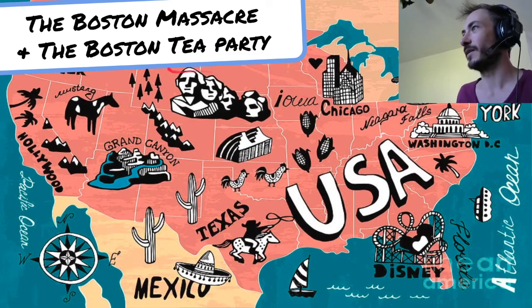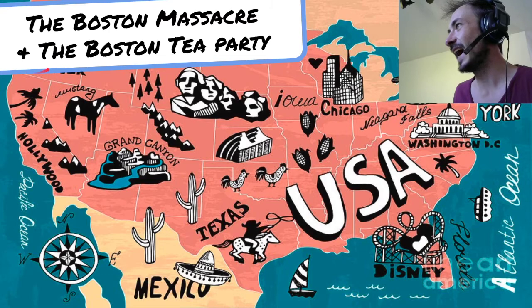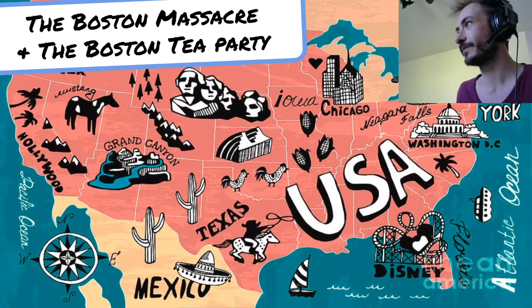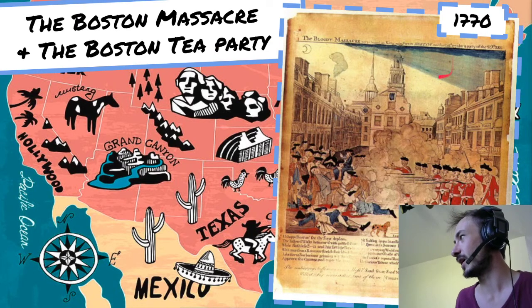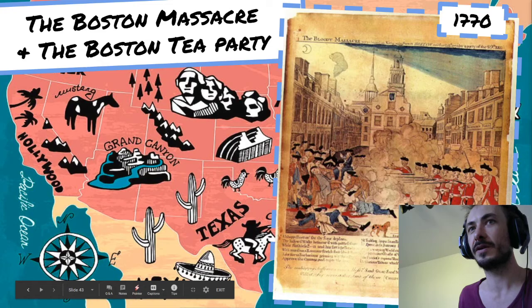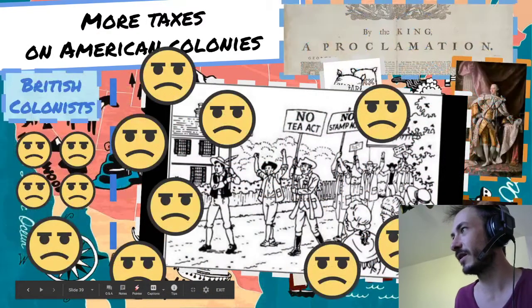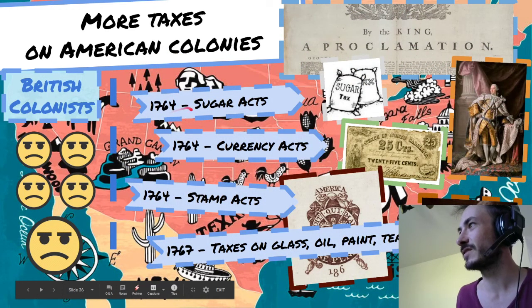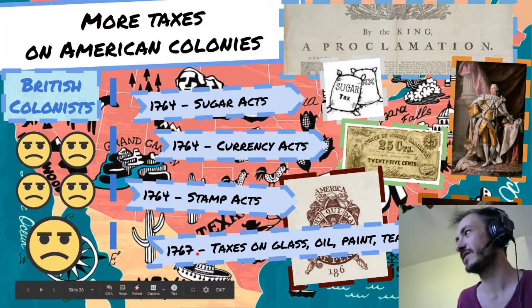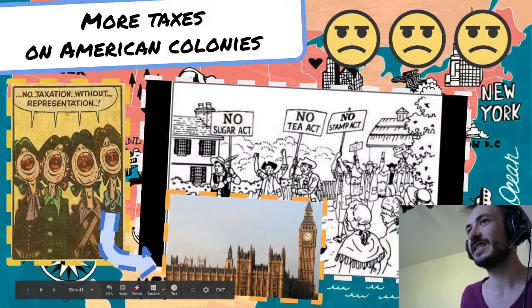And this is the last part now for today: the Boston Massacre and the Boston Tea Party. So the Boston Massacre, this was in 1770. On the previous slide, we saw that there was taxation in '64, '64, '67. Okay. In 1770,